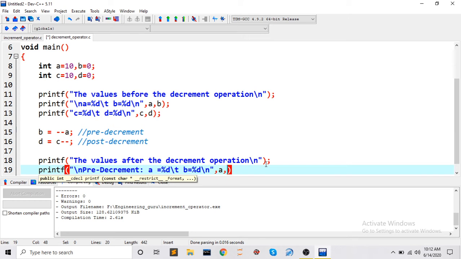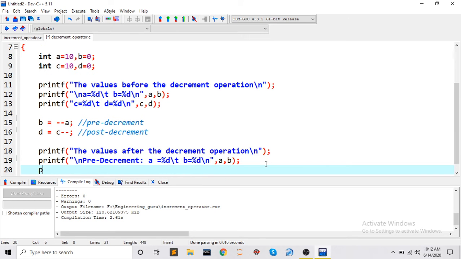This should print the a and b values. Then we print the c and d values in similar lines. The c value is for post decrement: c equal to percentage d, because it is of type integer, a tab space, and the d value is also an integer. It should print the c and d values.